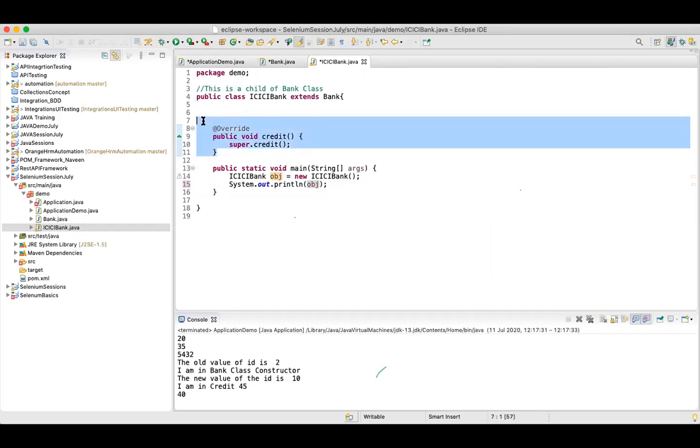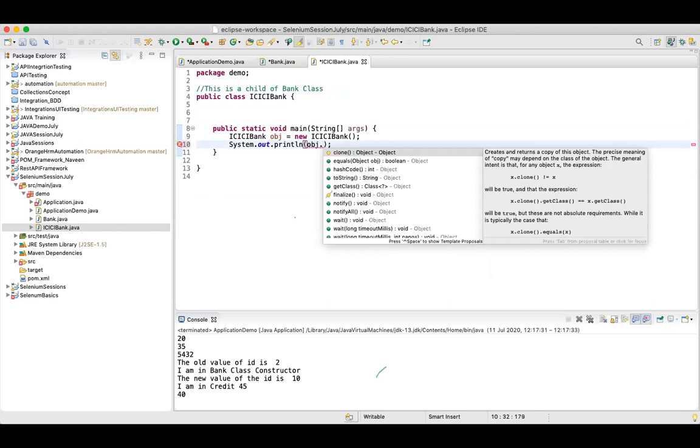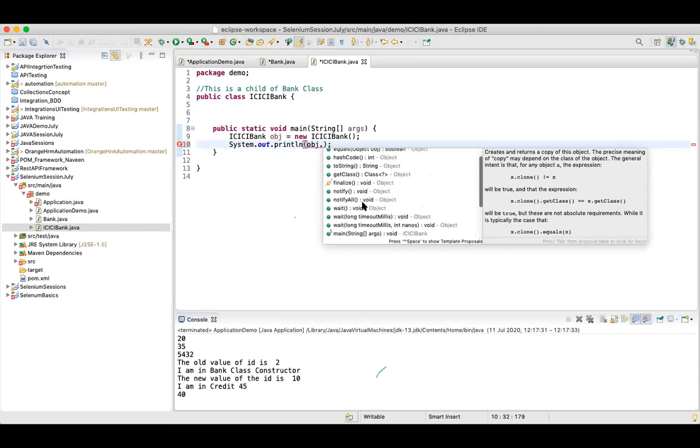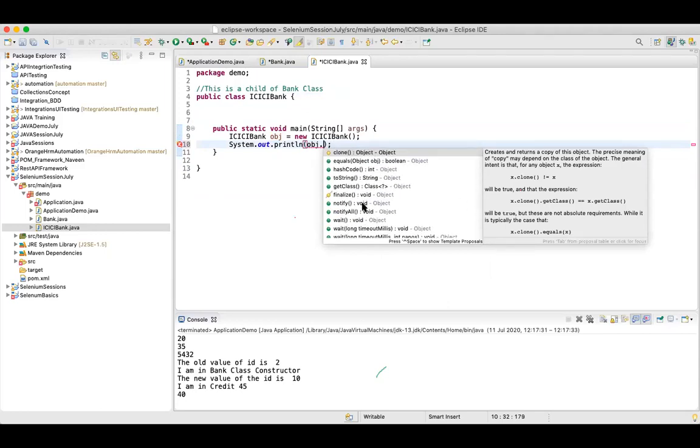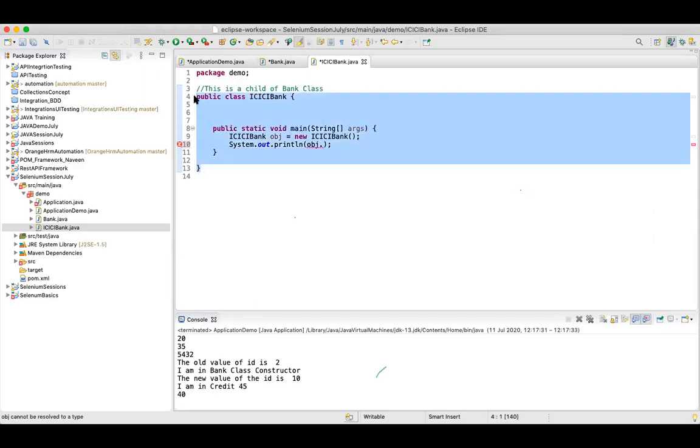Now, let's just delete this method. I don't want this, it's unnecessary complication. Now, when I say obj dot, is it showing me any of the variables, A, B, ID, or something? No, right? Because this particular class is not a child class of any class. We haven't specified that this is a child class of any class. That is why it has to deal with its own variables and own methods.